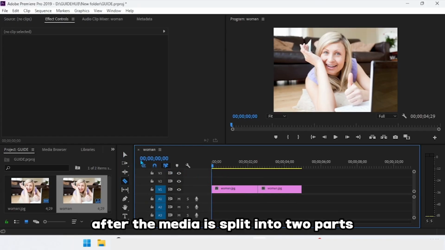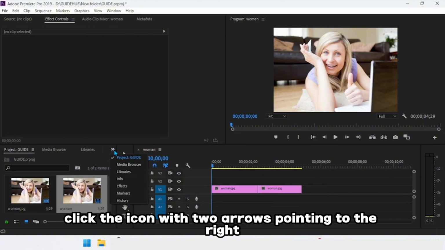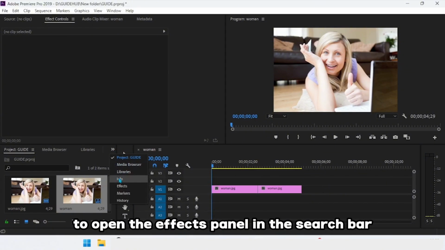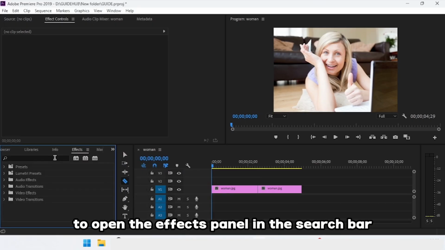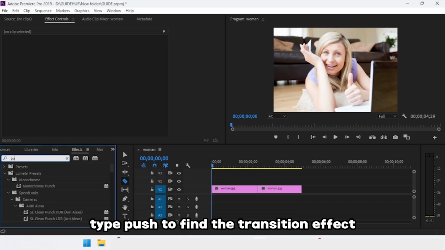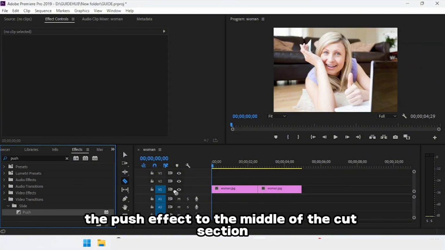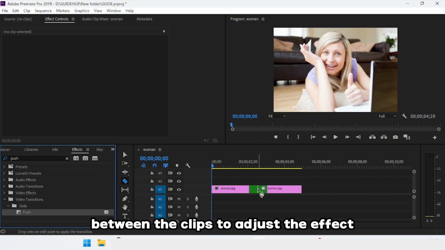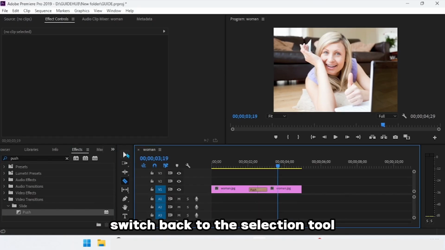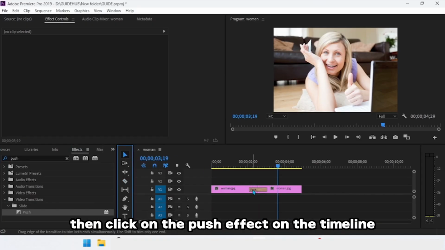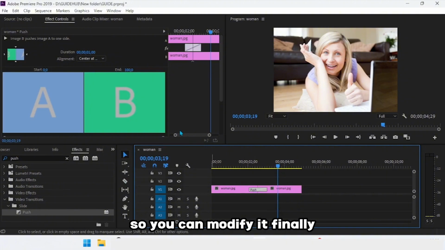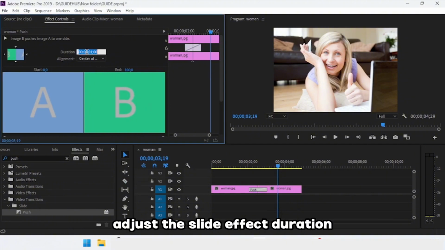After the media is split into two parts, click the icon with two arrows pointing to the right, and then select Effects to open the Effects panel. In the search bar, type Push to find the transition effect. Then click and drag the push effect to the middle of the cut section between the clips. To adjust the effect, switch back to the selection tool, then click on the push effect on the timeline so you can modify it. Finally, adjust the slide effect duration according to your needs to achieve the desired transition timing